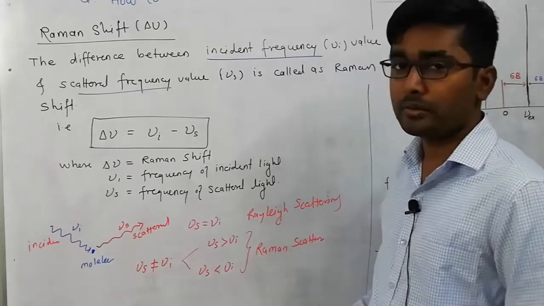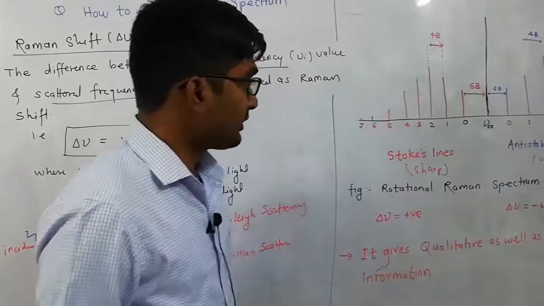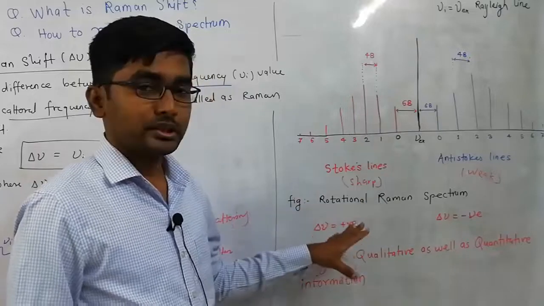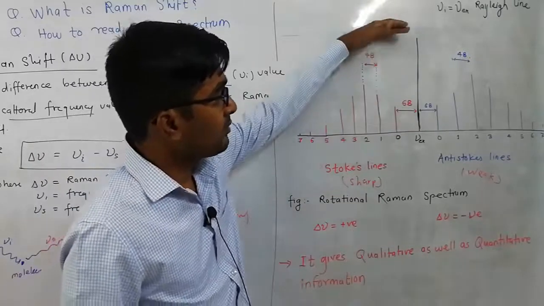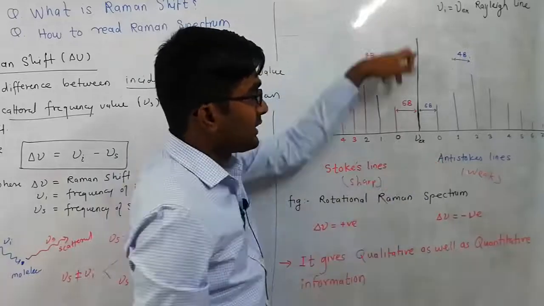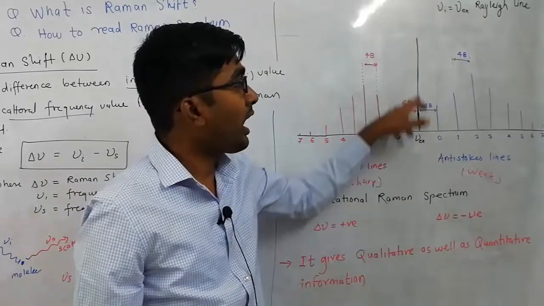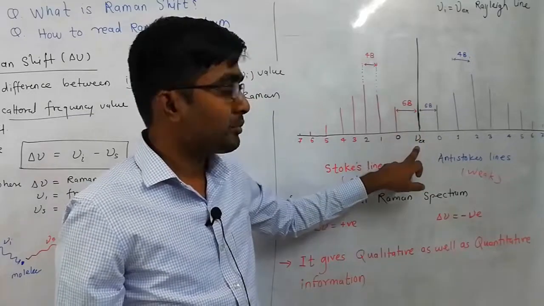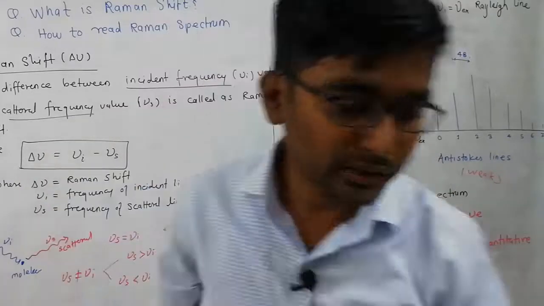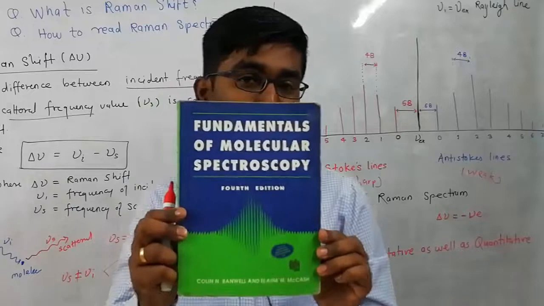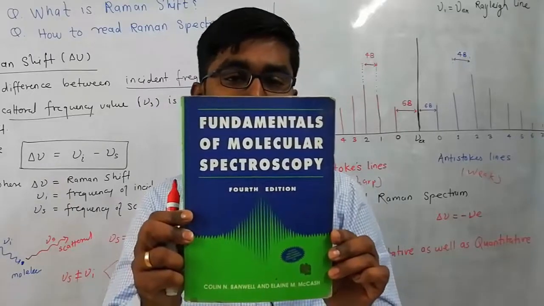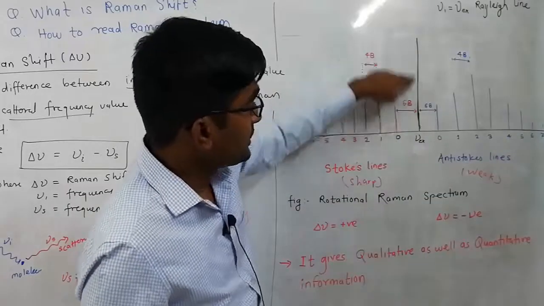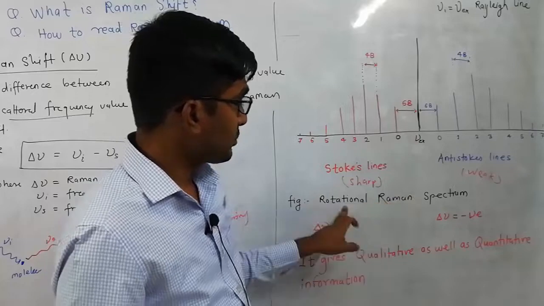Now let us move to the second part of this session. This diagram is of a rotational Raman spectrum. How to read this rotational Raman spectrum? The central line is the tallest line in our spectrum, and this line is always of Rayleigh scattering, a high intensity, dark line. This is the Rayleigh line and it is shown by the symbol mu x. These are the terminologies used in Banwell's book, one of the best books on spectroscopy. Everybody must read Fundamentals of Molecular Spectroscopy by Banwell. This is the darkest line in the rotational Raman spectrum.